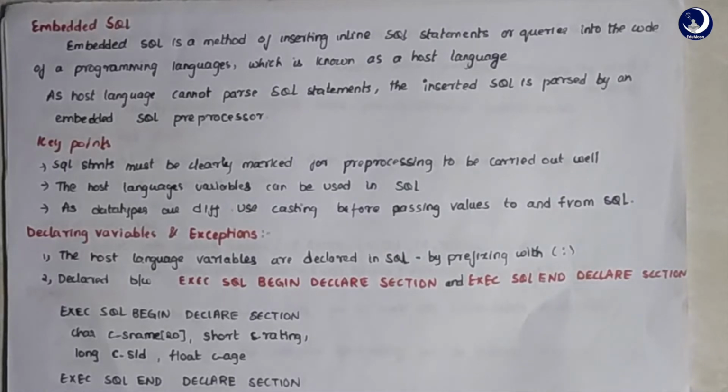So in today's lecture, we're going to discuss the last topics of our third chapter, which is embedded SQL, dynamic SQL and JDBC. Throughout this video, we're going to look at embedded SQL and examples of how we embed SQLs into the programming languages, and then we will see what is dynamic SQL, what are the uses of the dynamic SQL, and why we have to use a dynamic SQL. Finally, I'll conclude this video by giving you an introduction to what JDBC is, and why we generally use JDBC in SQL. So let's get started.